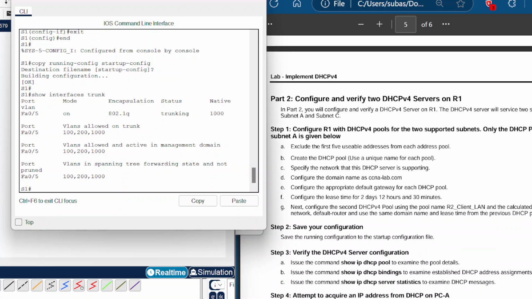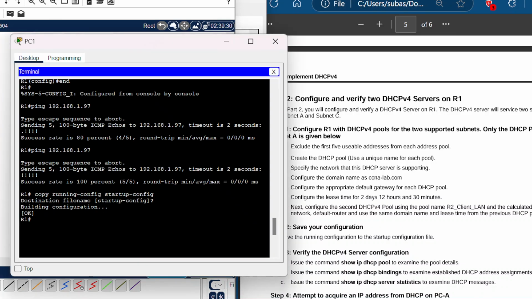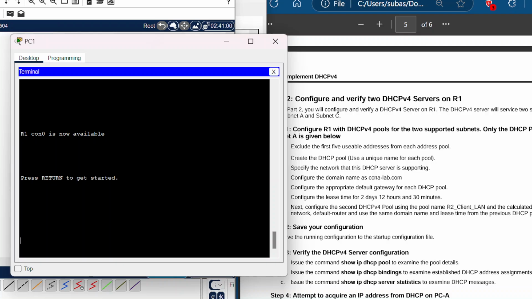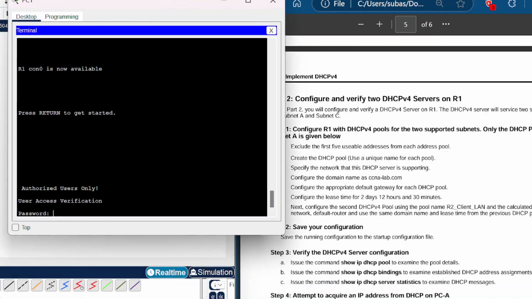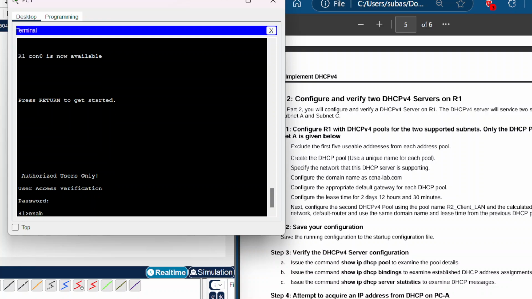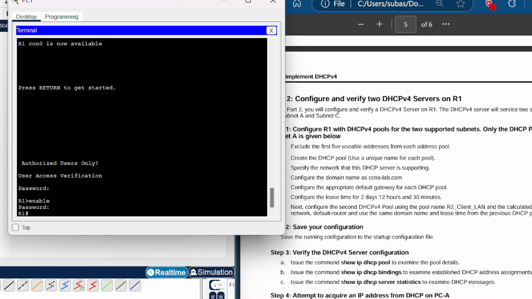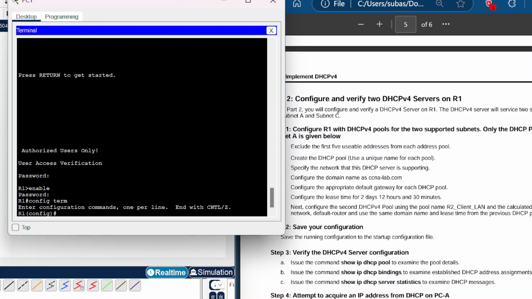Configure and verify two DHCPv4 servers on router 1. Okay, so this is on router 1. Go back to my router 1. Alright, and then, okay, now we need to put the password that we created. Just go, and then enable. We also need a password for that. Okay, and then config term. We're gonna go ip dhcp excluded-address